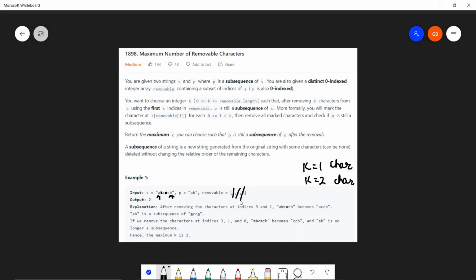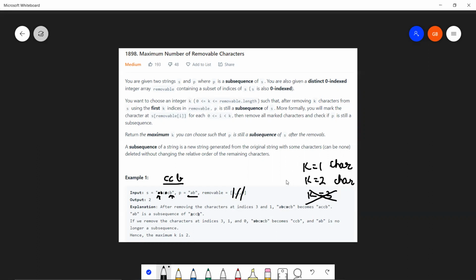Now I go ahead and remove the 0th character, which is this A over here. Now this property is no longer maintained, as AB is not a subsequence of CCB, right? So at k equal to 3, if I remove the characters, the subsequence property is lost. So what is my answer? Is it 1? Is it 2?